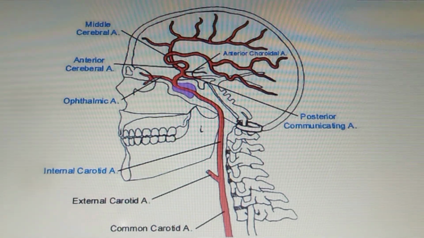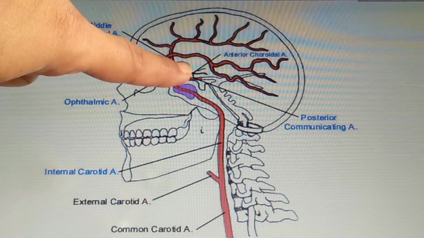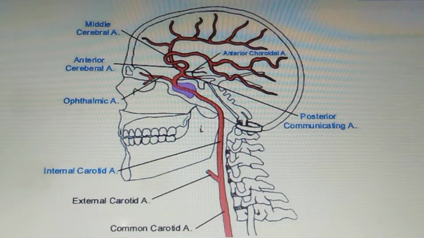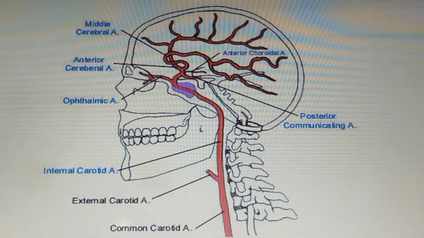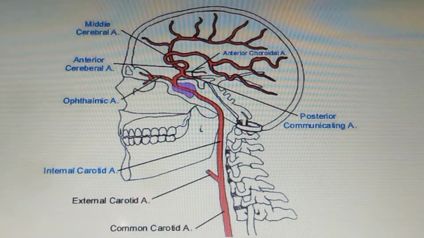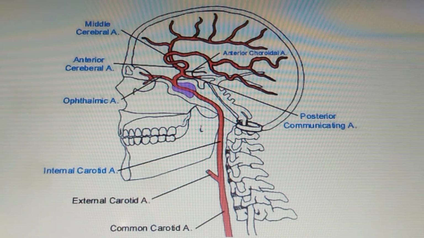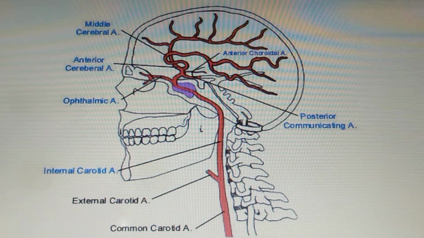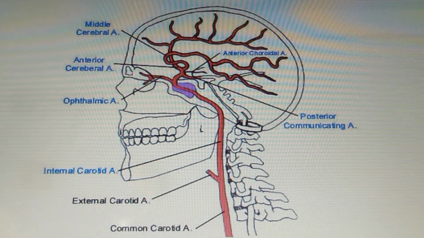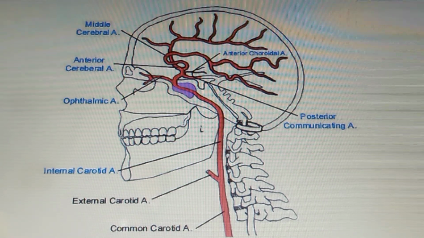Next is the anterior choroidal artery. Next here you can see is the anterior choroidal artery. It passes posterolaterally, supplies the crus cerebri and turns laterally to the medial aspect of the temporal lobe to supply the choroid plexus of the inferior horn of the lateral ventricle, right? We have also talked about the anterior choroidal in the lateral ventricle.